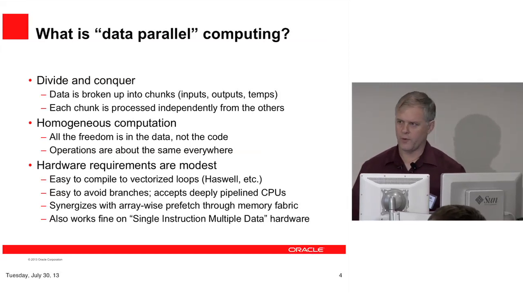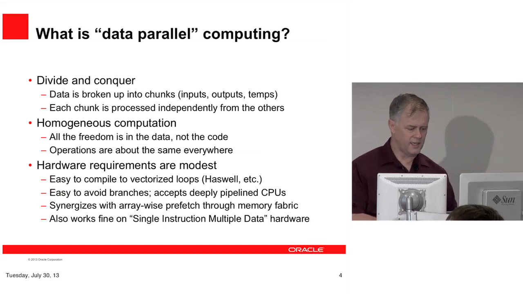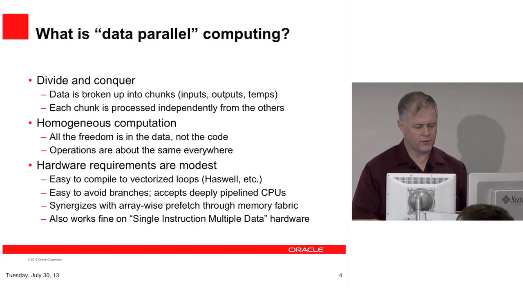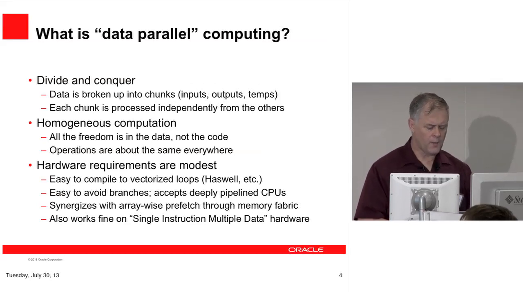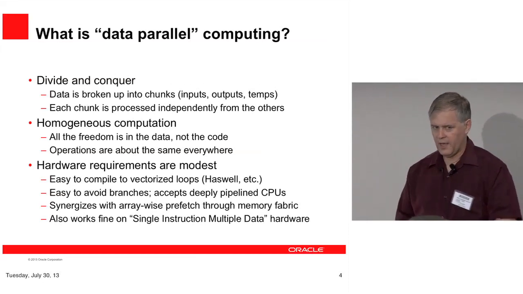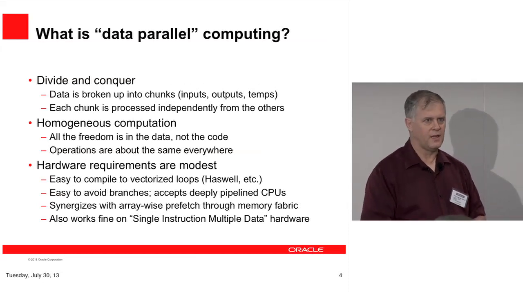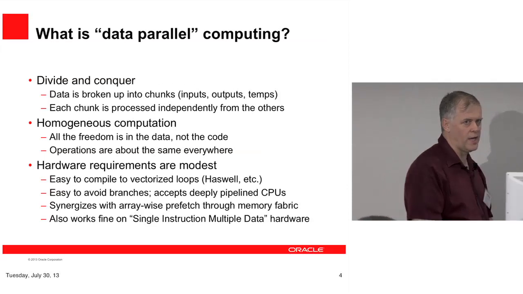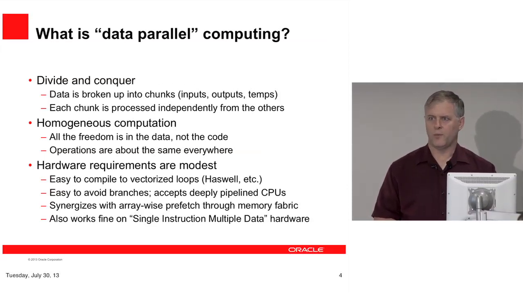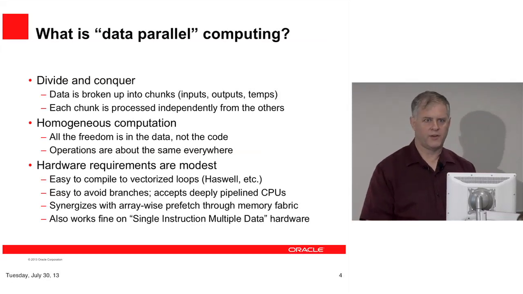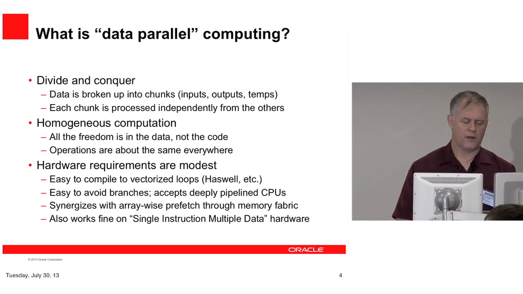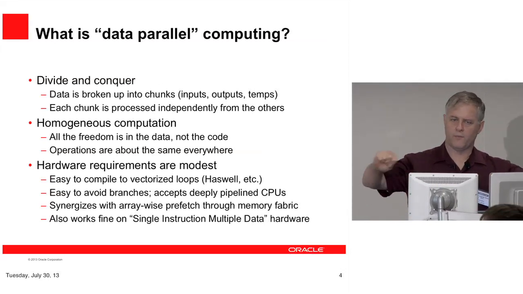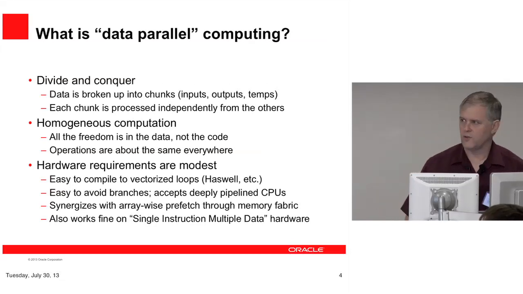I say about the same everywhere because there are lots of addenda and footnotes on this. There's lots of ways you can have operations be a little bit different, starting with divide by zero. But the nice thing about data parallel programming is it's not really that exotic. According to this definition, it'll run on any platform that will benefit from loop transforms, vectorization or unrolling or fork join. Anywhere that you can easily partition work, get the work done on multiple nodes and bring it back together, that's a good platform for data parallel.